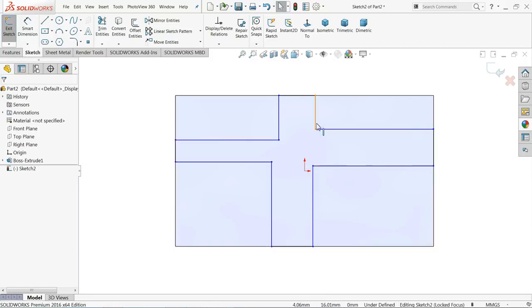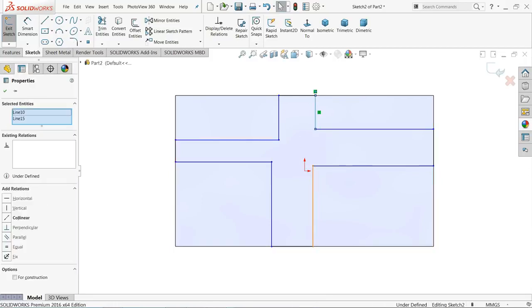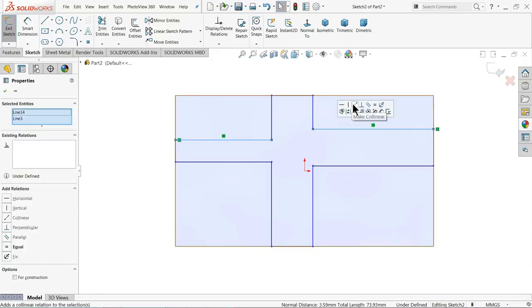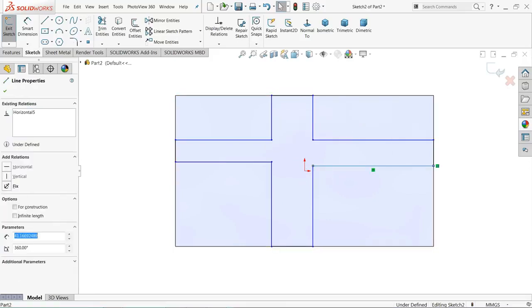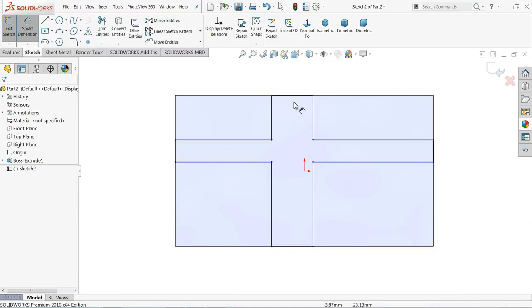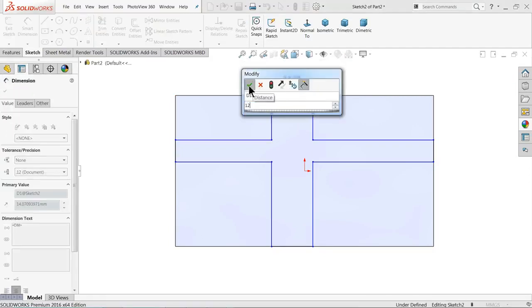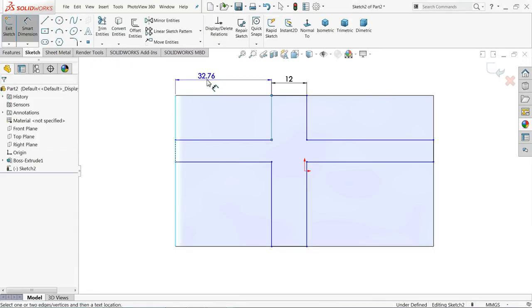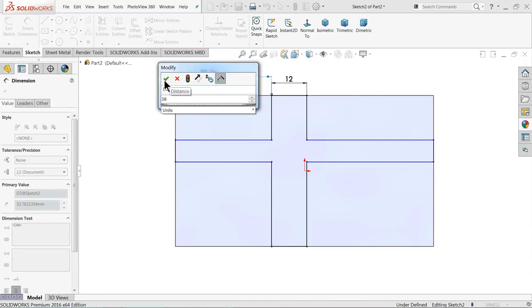Now let me define some relation. So collinear, the same here, collinear relation. Let me choose here same collinear, and the last one collinear. Let's define a smart dimension: 12 millimeter and the distance from here to outer edge 38 millimeter.